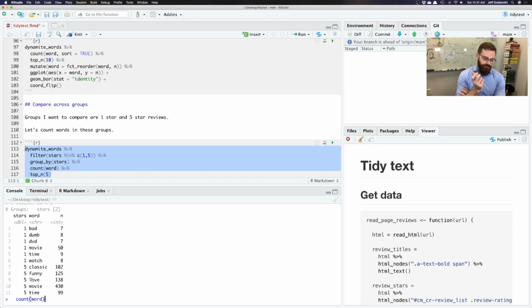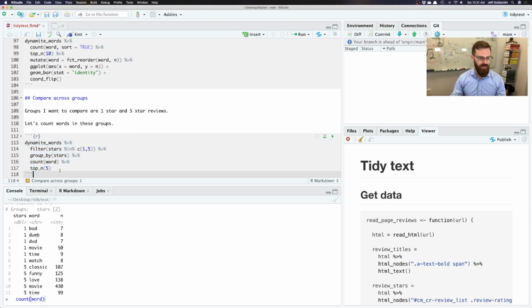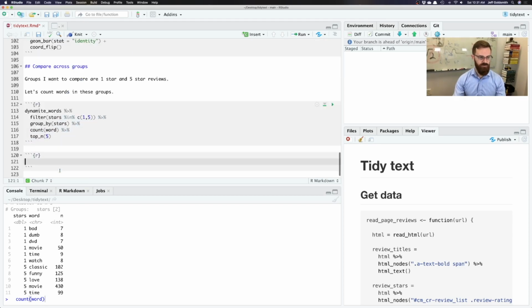Now, this is maybe a useful comparison, but again, there are probably a lot more words in 5-star reviews than there are in 1-star reviews. And why do I think that's true? We can just count up the number of words in each of those. So let's just do, like, here,